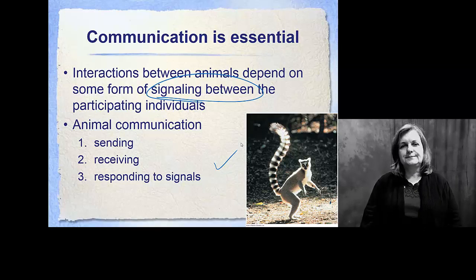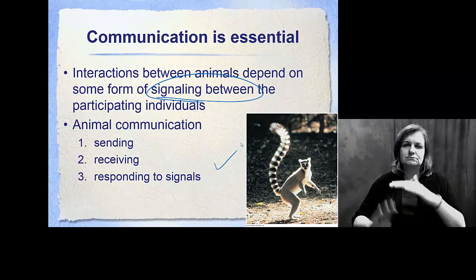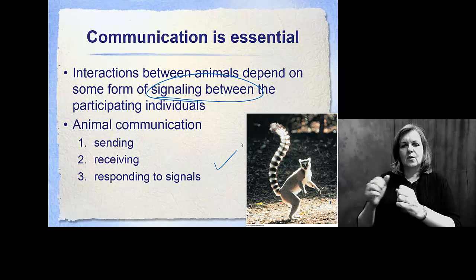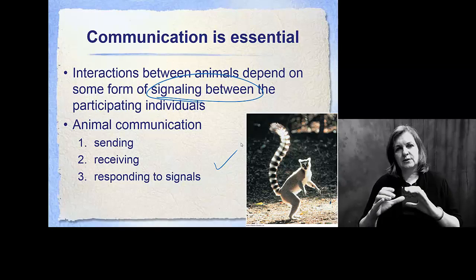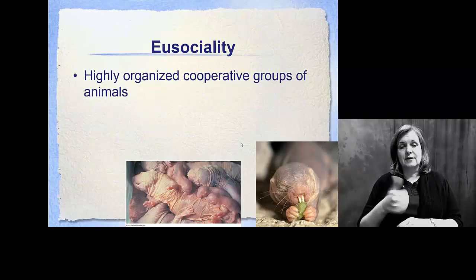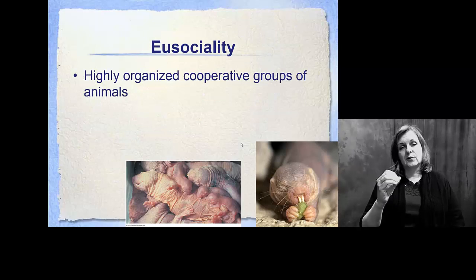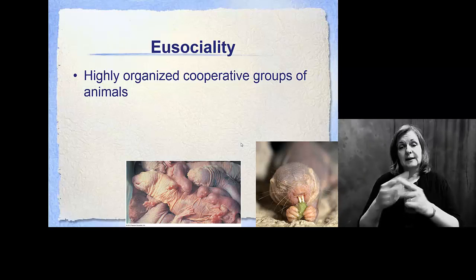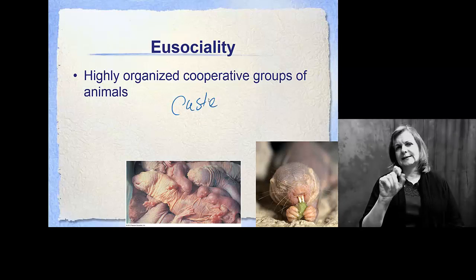Now, these are basic kind of structured populations where we look at a dominant sort of hierarchy with territories and good communication. But we can also look at what we call eusociality. And essentially, this takes population living to a very different level. Essentially, in this case, we look at a caste system.